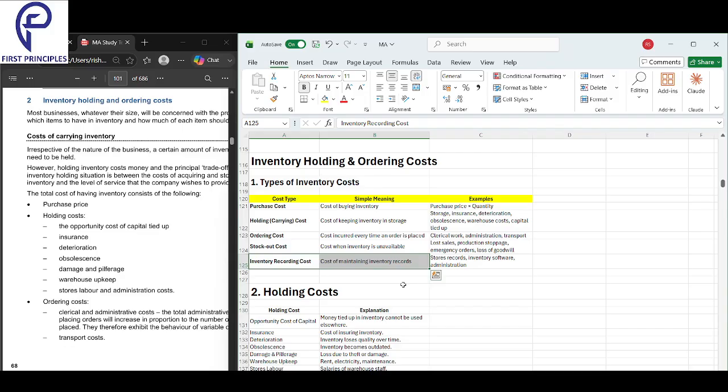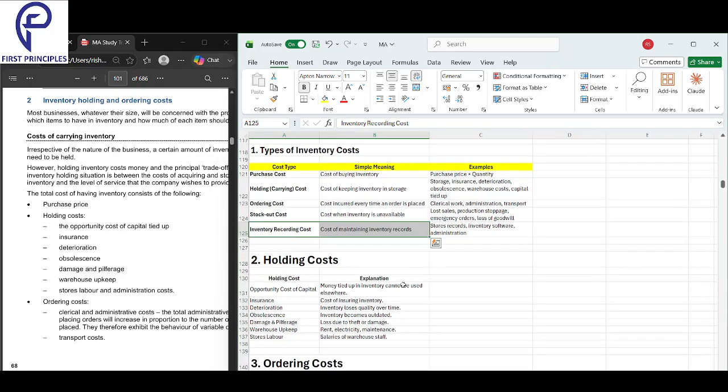One is purchase cost. I bought the watermelon, purchase. Second, I have to store the watermelons, warehouse cost. Next, when I was ordering the watermelon, if I went and bought it, that is one thing, but then petrol cost was also there. Or if I ordered, then I have to pay some ordering cost also. There will be a delivery person who will deliver it. So again, ordering cost is there. Stock out: if the customer came to my shop and I don't have any watermelon, then he went, that money I could have earned. It's a cost for me because that money came and went off.